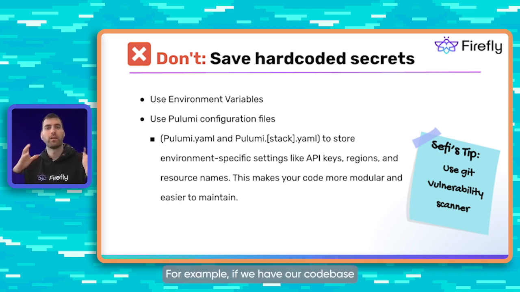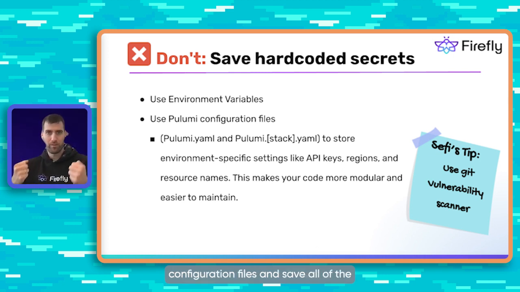For example, if we have our code base and we deploy in production, staging, and dev, we can have 3 different configuration files and save all of the API keys, regions, the environment-specific values in this configuration file, of course,